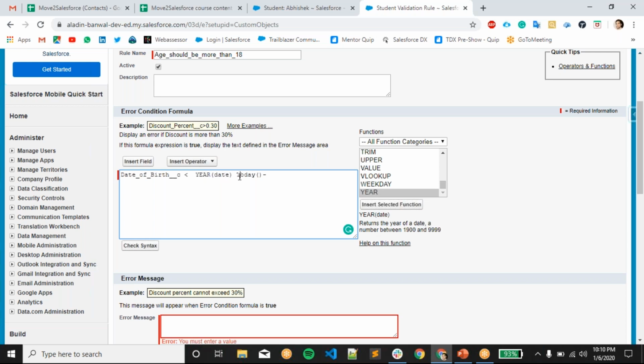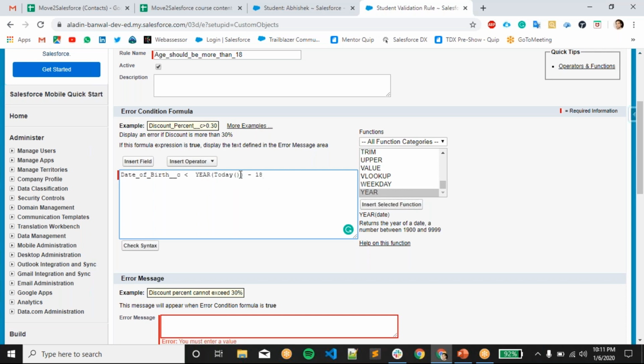So here I have to specify this date. Today minus 18. So it will check that the date of birth should not be less than the year of today minus 18 years.